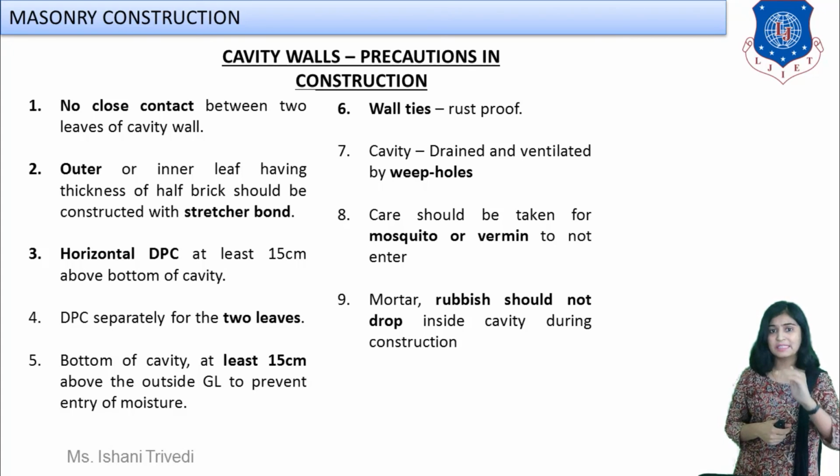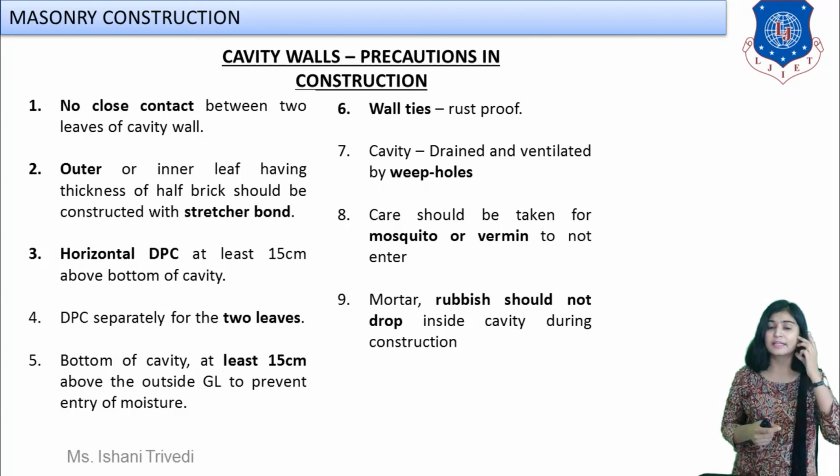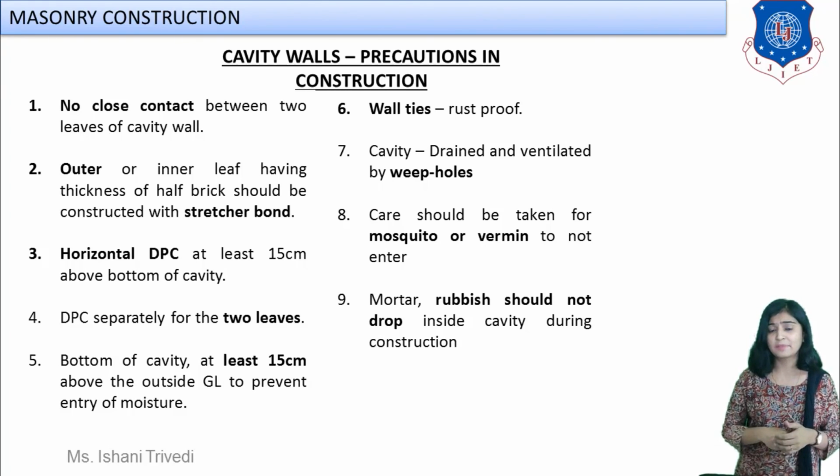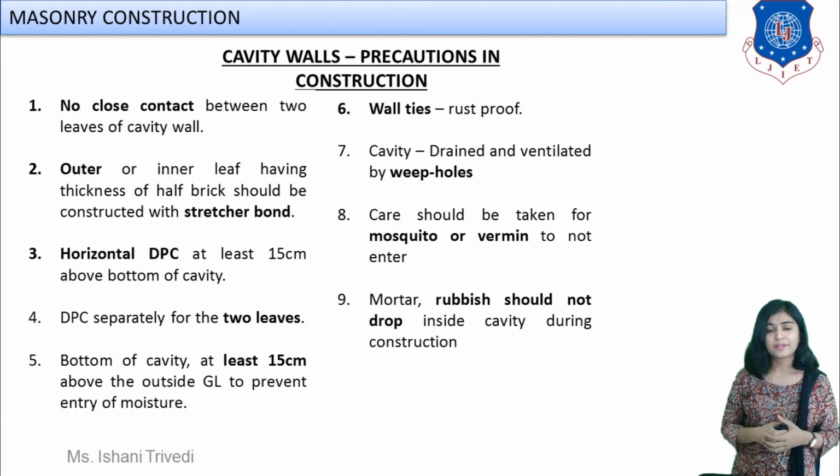Also, whenever you are sealing the cavity wall, you have to make sure that no insects or mosquitoes have entered inside the cavity. Otherwise, in future they can make breeding sites and cause trouble to the occupants. So, you have to take care that no insects or any kind of unnecessary disturbance exists in the cavities before sealing them. Okay, so I think this covers all of your precautions. You are supposed to write this down in a descriptive exam if it is asked, along with the sketches, which I showed you right now.